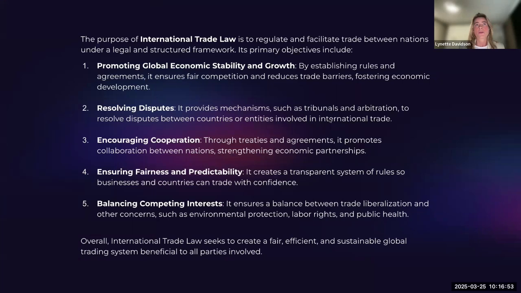The purpose is to facilitate trade between countries. So there is a legal and structured framework. So basically, think of the terms of service for public marketplaces. So we can also promote global economic stability and growth because if we have rules, we can ensure more global economic stability,